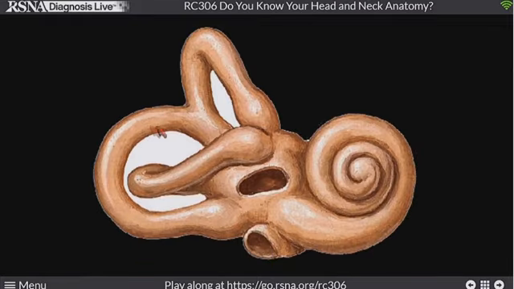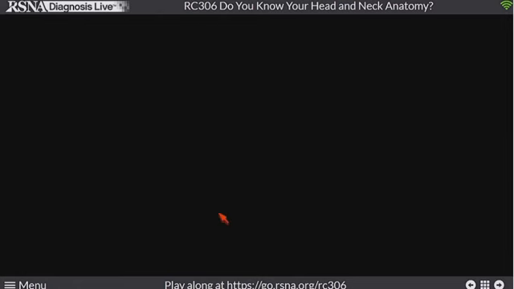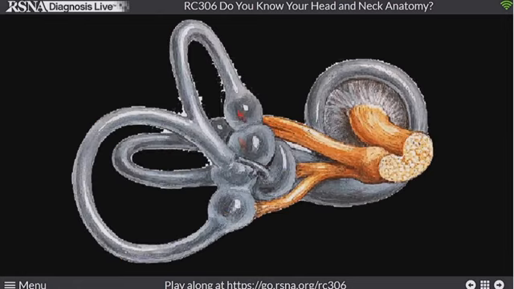So we can think about the canals and all the fluid that connects these with the membranous labyrinth, these structures that are inside of the otic capsule. And we think about the perilymph and the endolymph, the fluid that's inside of those. So this is a picture where we just have the fluid. So each of the semicircular canals has its own ampulla, a little swelling where we think about those little otoliths in that position that help us with our balance.